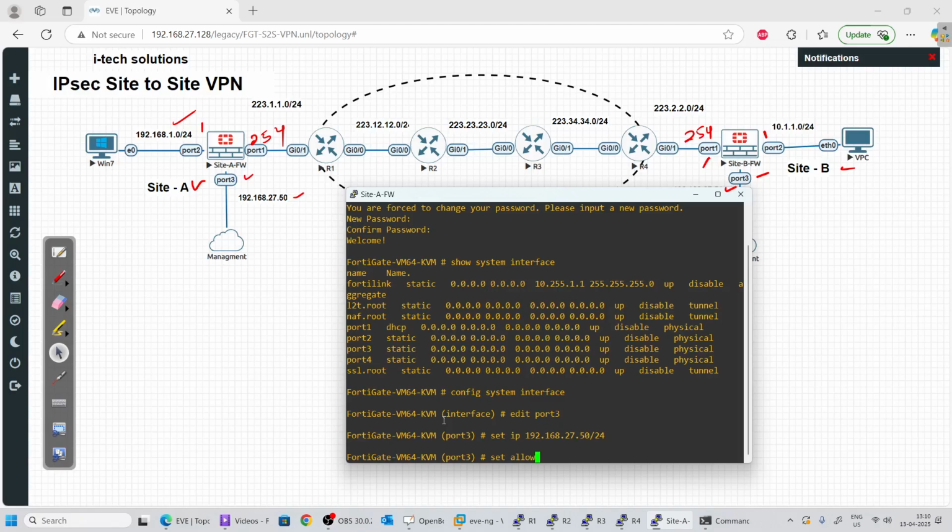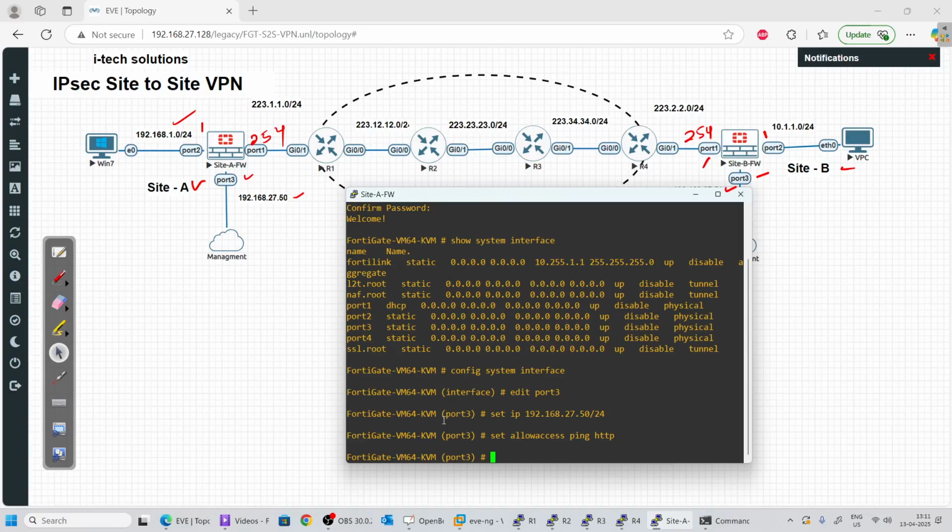Set allow access ping and HTTP. This command will allow you to manage this firewall from port 3 using the web GUI. Okay. Now to save the configuration, press enter,